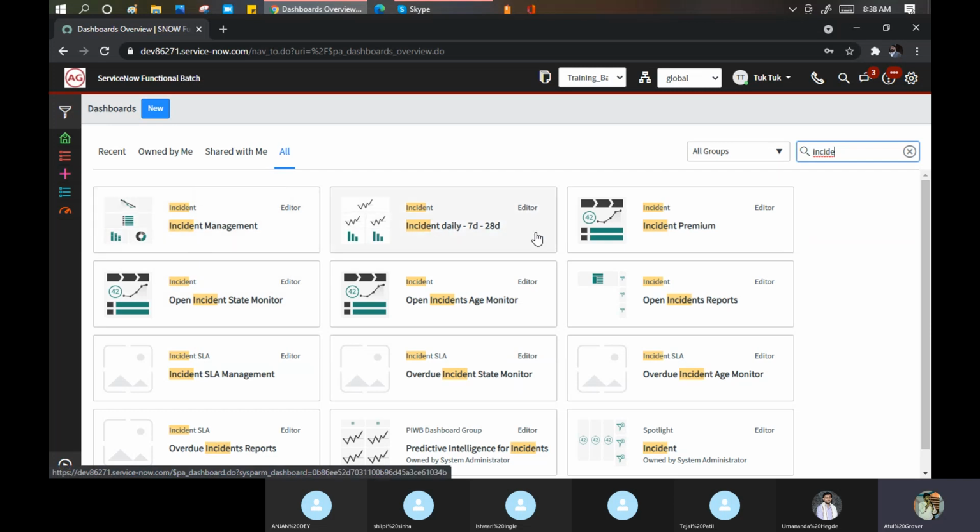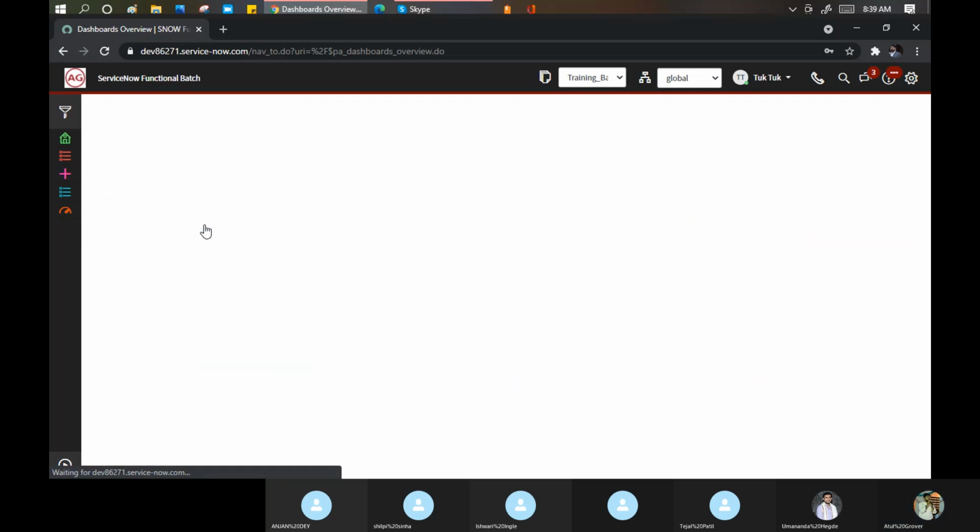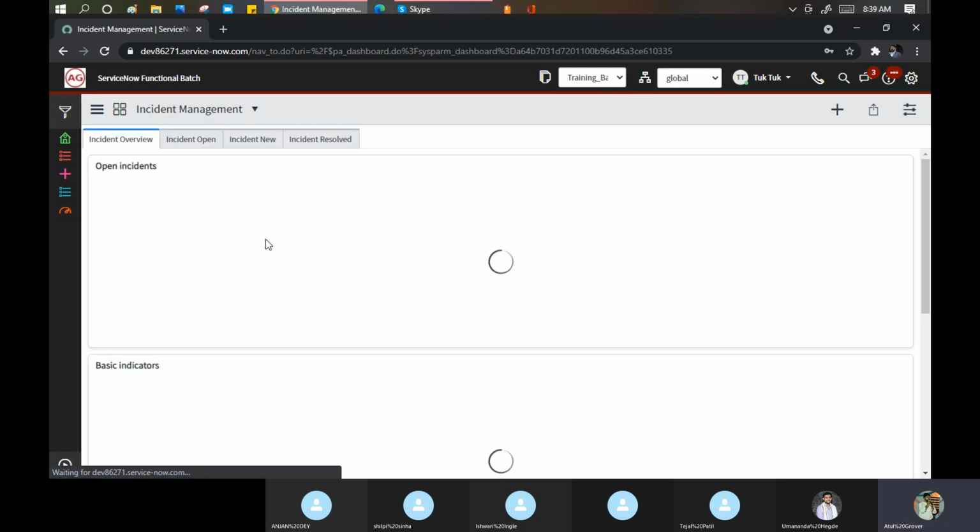These are the dashboards for the incident. Let me open one dashboard, Incident Management, the normal one. Let it open. This is my dashboard, which contains 4 different tabs for my user.